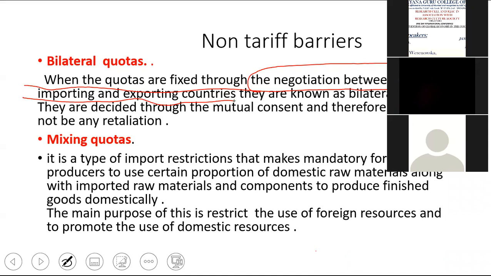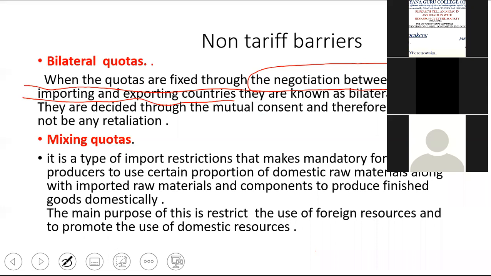So we are discussing bilateral quota. What is bilateral quota, children? We will divide the quantity of imports among various countries by discussing with them. It will not take the decision on its own; it will set it up in front of the other countries and the decisions will be taken. That is bilateral.